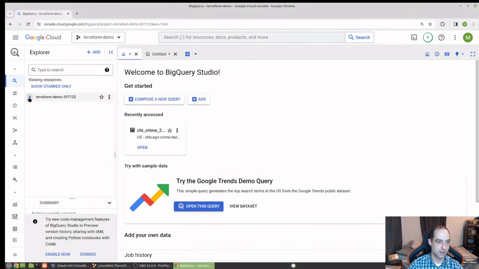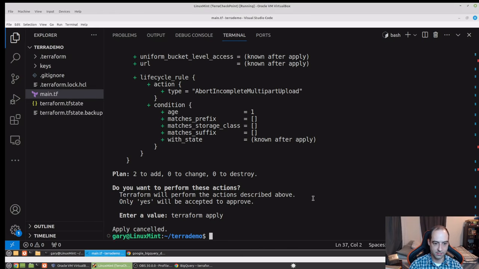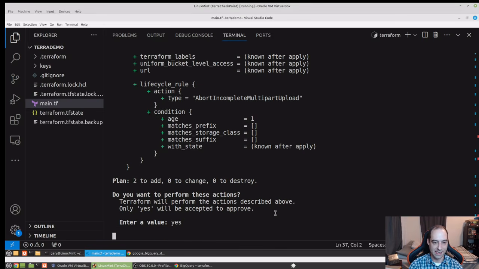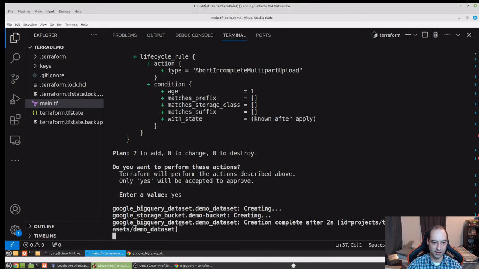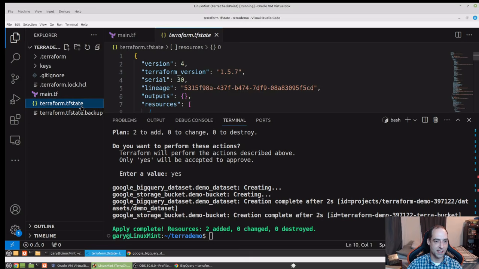There we go. You see I have no datasets. This is my project, and we can just go ahead. All right, we see it's creating the BigQuery dataset, the storage bucket, and if we look at our TF state file,